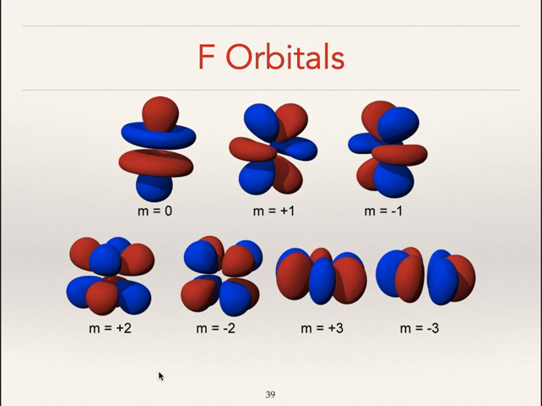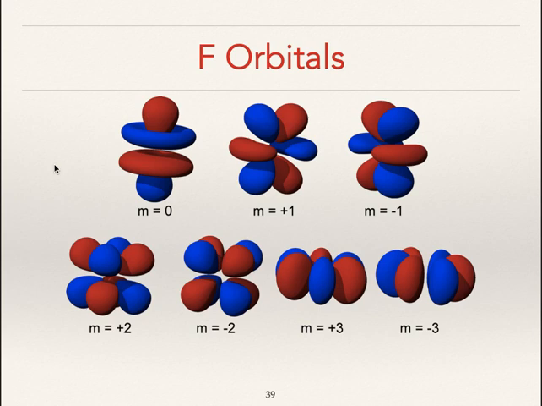We have s orbitals, p orbitals, d orbitals, f orbitals. And that's where we're going to stop. The S stands for sharp, the P stands for principal, D is for diffuse, and F is for fine. After the F orbitals, it just goes in alphabetical order. So G, H, I, J, K, and so on and so forth. But we're going to stop with F orbitals. 7 of them, 3 nodes, and F orbitals have, well, we'll take a look at how much energy they have when we get